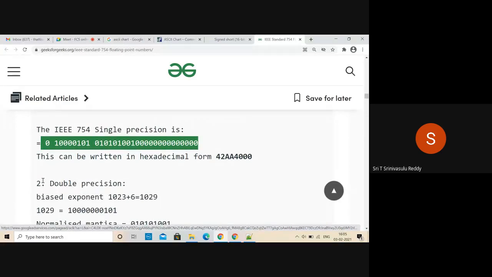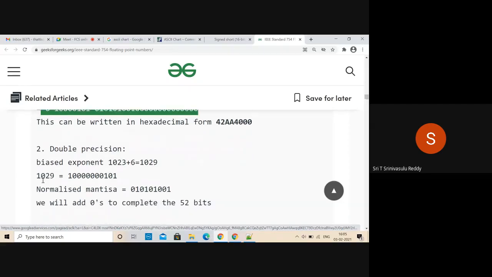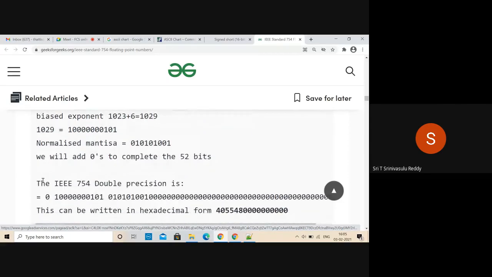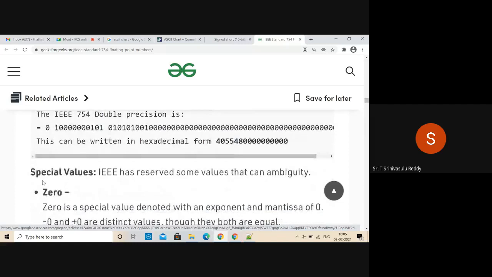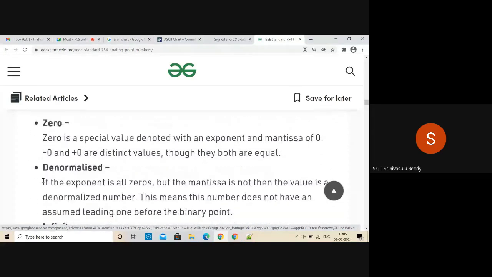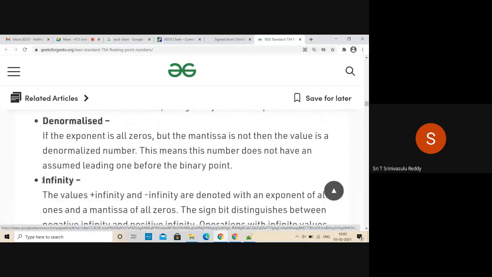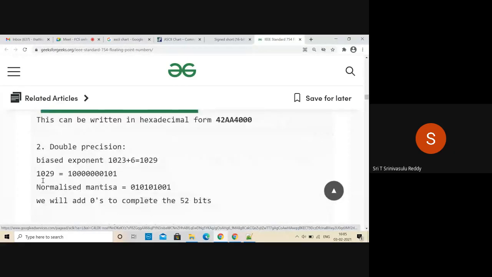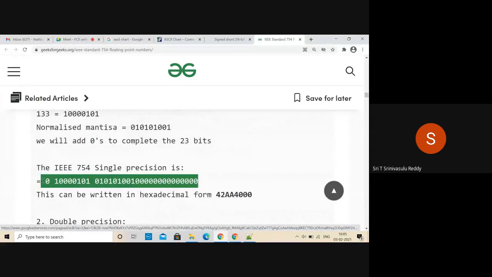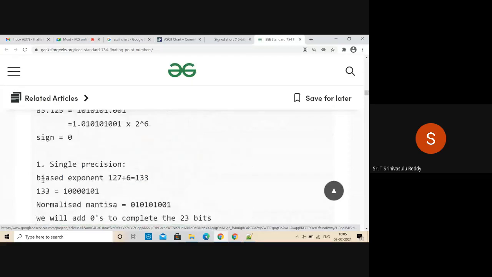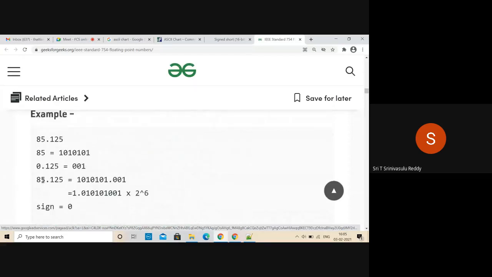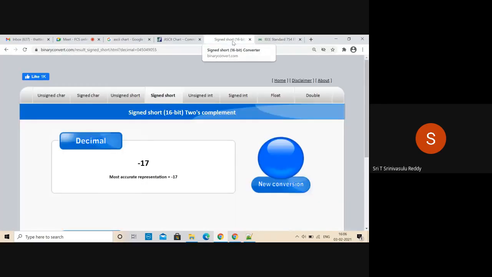If you want to represent the same thing by using double precision, you have to increase the number of bits and repeat this activity. Go through this slide once again, and you should be able to follow it. It is a simple mechanism I have explained on top of it. With that, you should be able to represent any number of your choice.